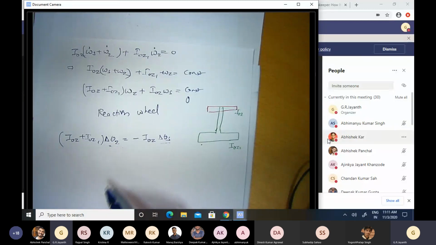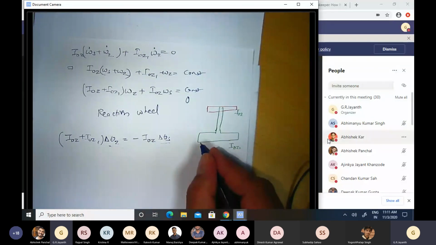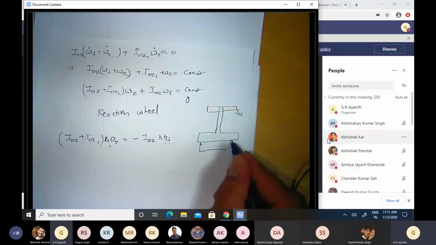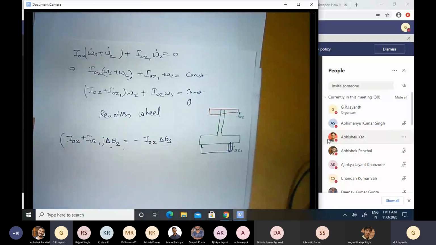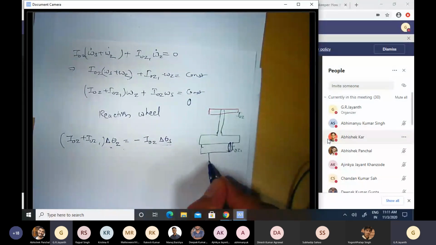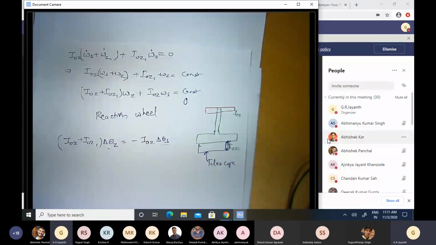And where is this applied? It's applied, for example, in changing the pointing direction of telescopes in space. So if I have, let us say, this solid object carrying a telescope. Okay, so this is a telescope. To change the pointing direction of the telescope or to make fine adjustments to the pointing direction. You see, with a telescope, it's very important that you keep it pointed at a certain specific location in the sky. And sometimes you can have some space debris come hit this structure and impart some angular momentum to it and so on, or change its orientation by a small amount.